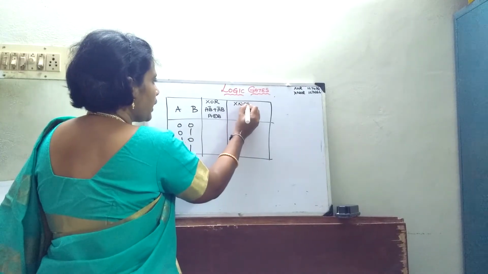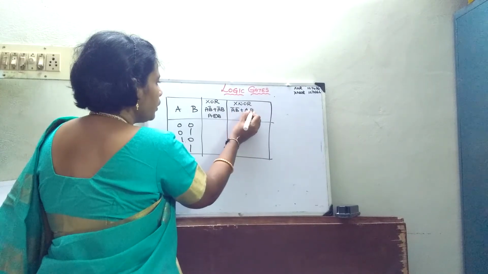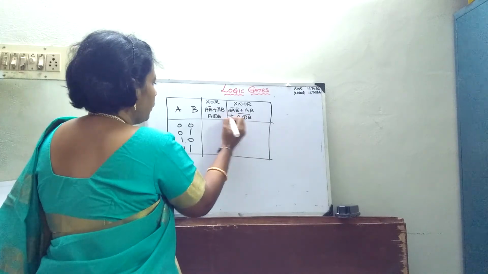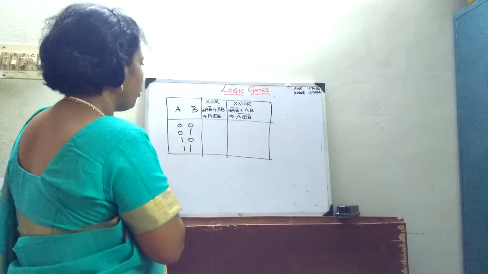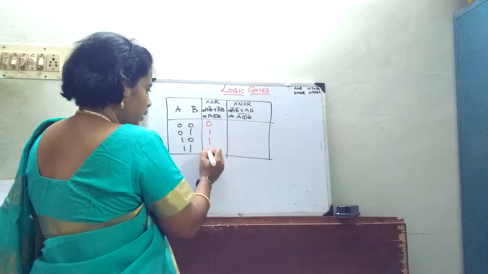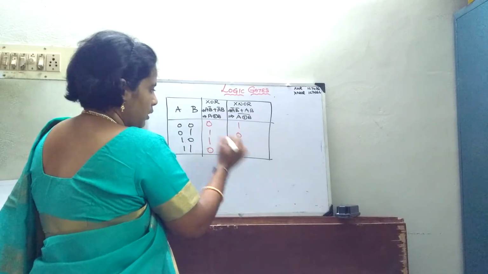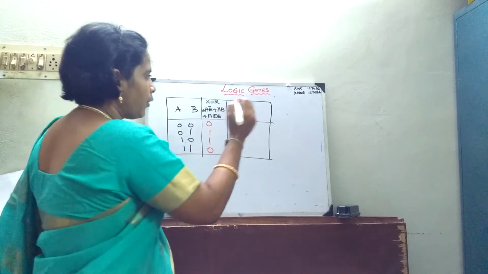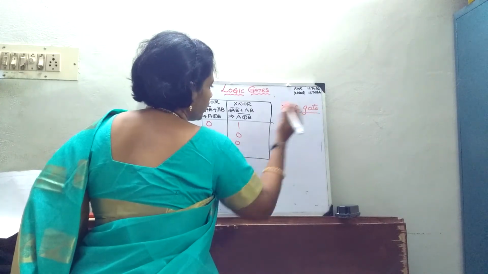Then is going to be my XNOR gate, output A bar B bar plus AB, or it is A XOR B the whole bar. Anyway, I can represent. So whenever I check the output of my XOR gate, if any one of the inputs is 1, my output will be 1. In case of XNOR gate, it is just the inversion. Okay. So now I will draw the logic diagram also, and then we will see how it works.